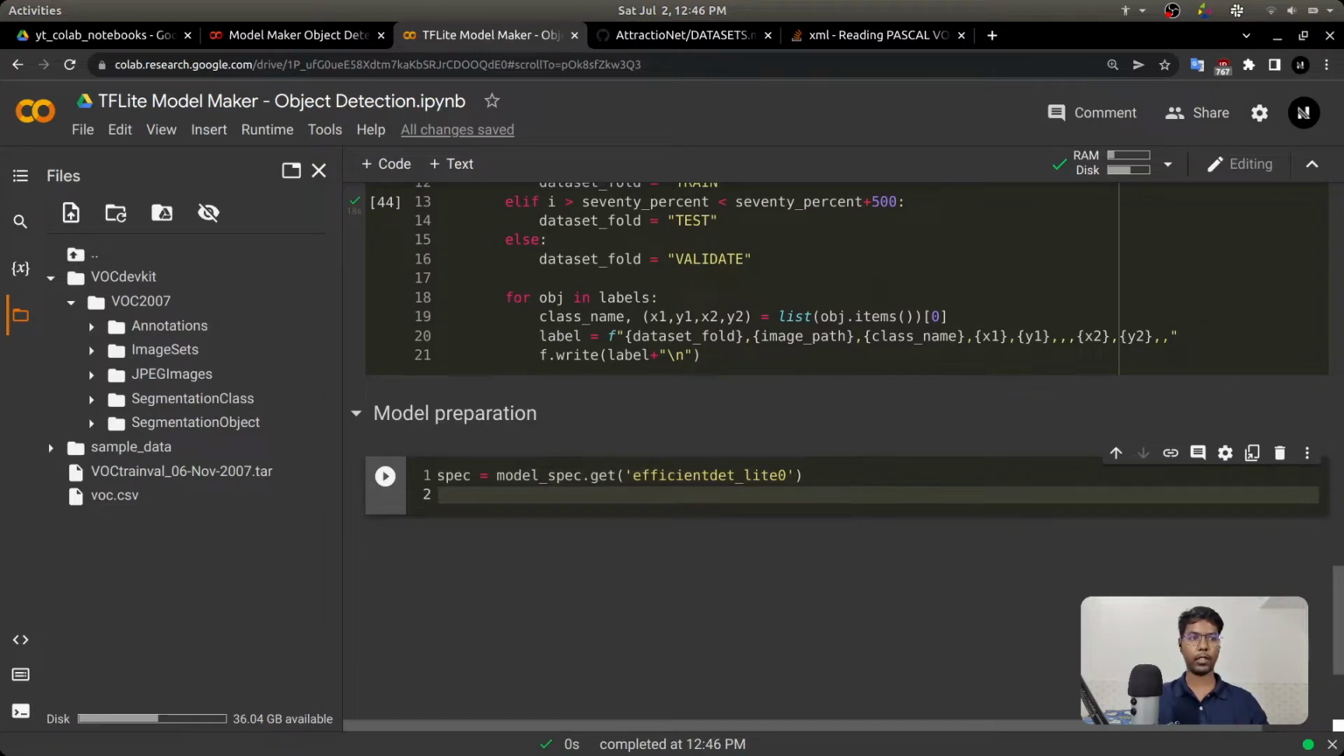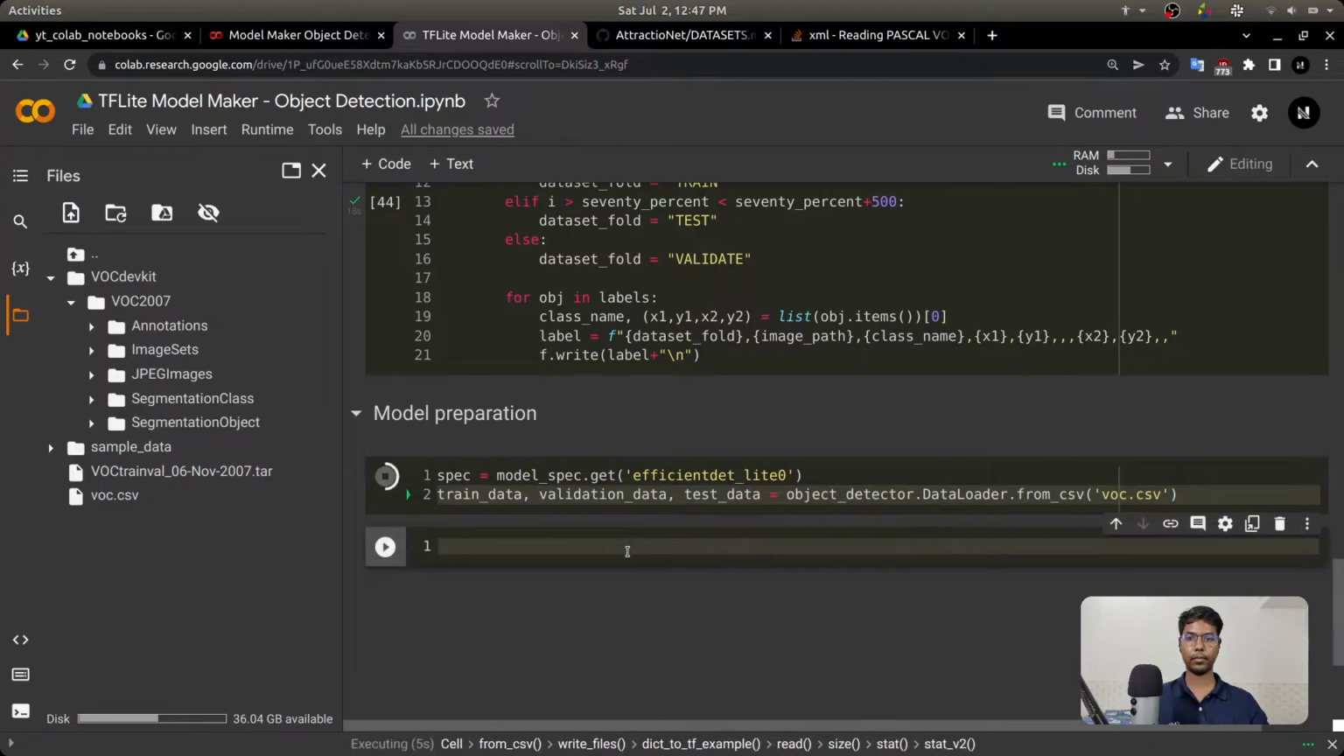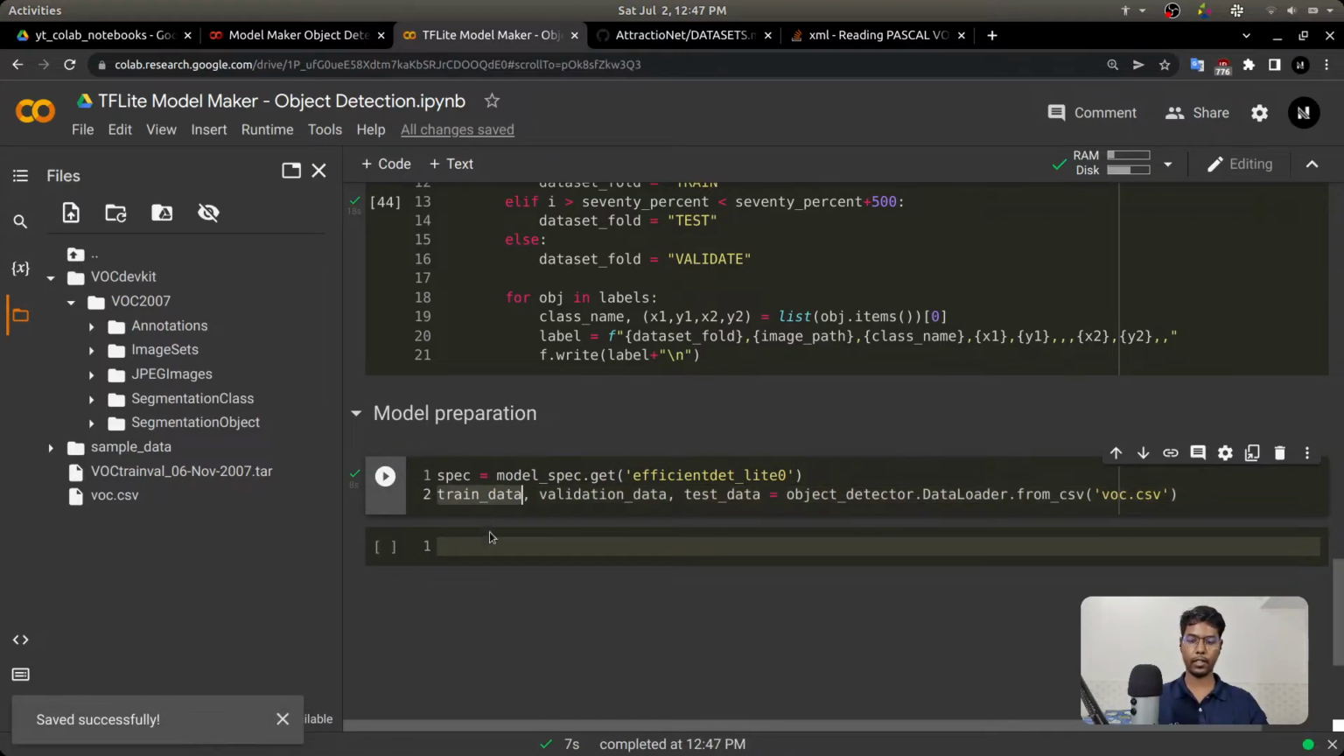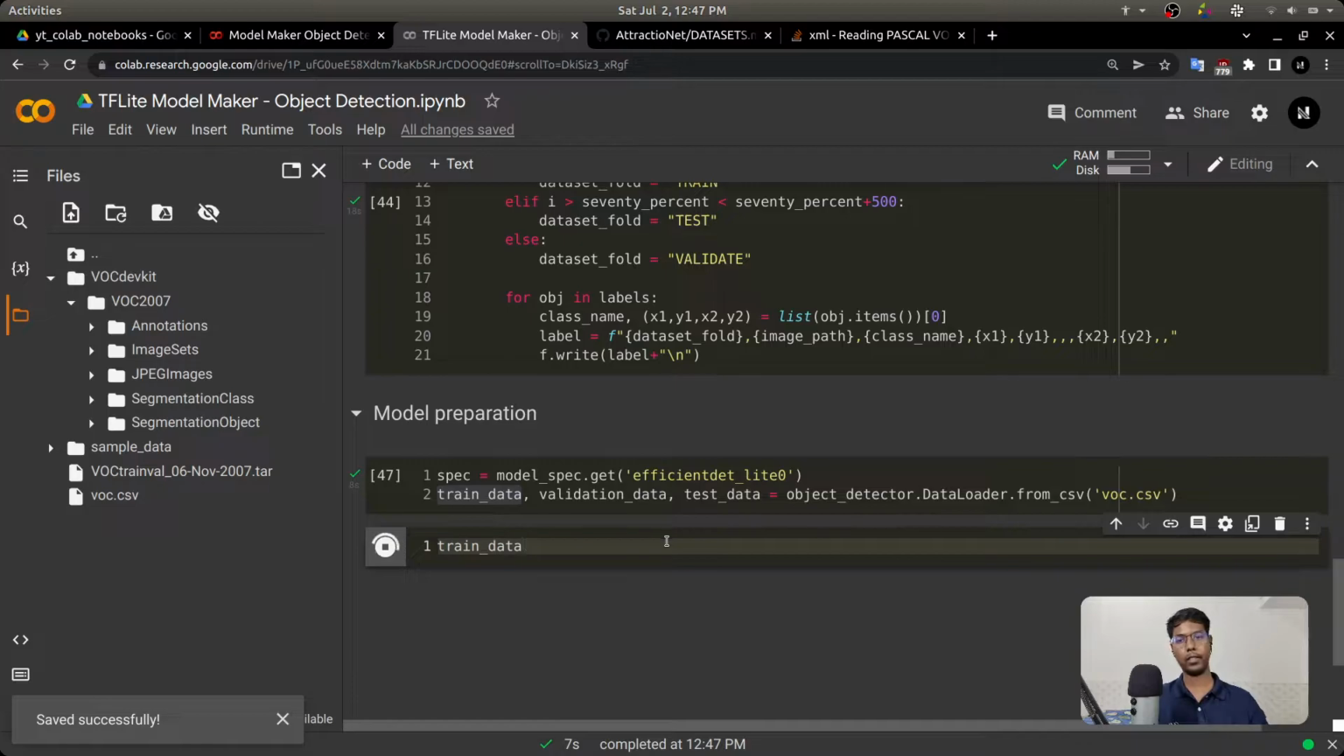So we get the configuration spec for the model, and then we need to create the data set. So train data, validate data, and test data, all of these we can get from this CSV file which we just created. So let me run this cell and see if it is going to load those files. So this looks good so far, and I know it won't show anything, but I just wanted to confirm that